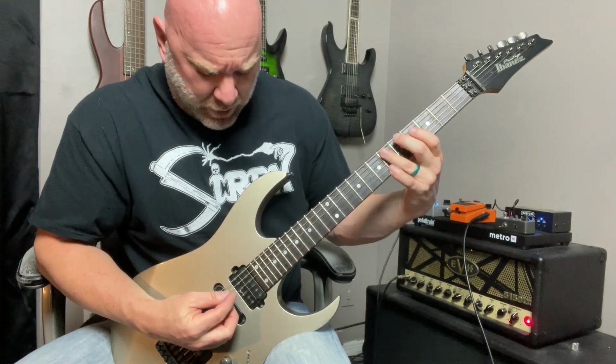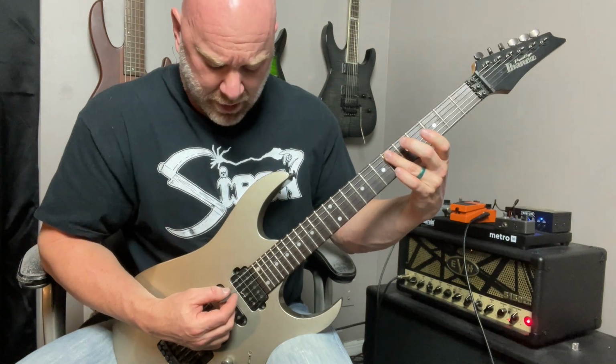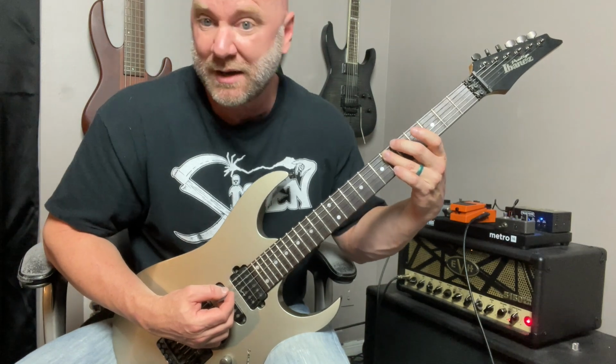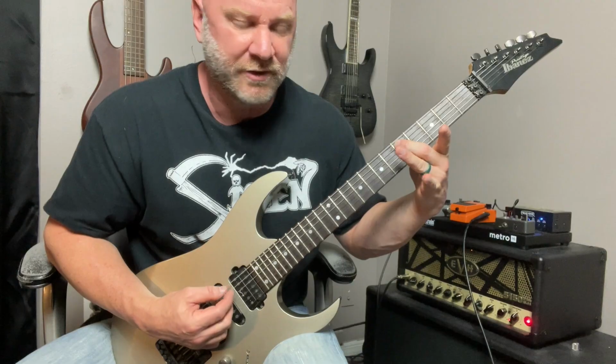And essentially what happens here is we're on the A string, 6th fret. And then we're going to alternate pick. As we alternate pick, again, 3 times, those first 2 times will be on that 6th fret, and that 3rd and final time will be on the 5th fret. So